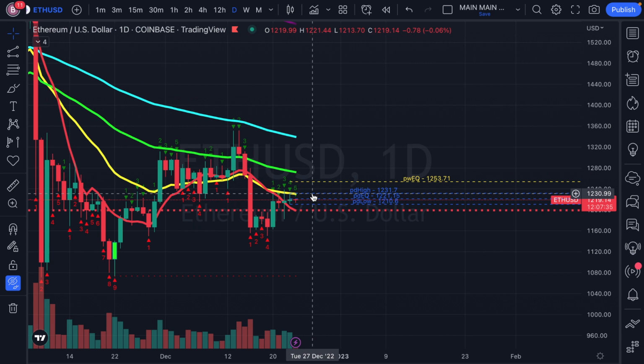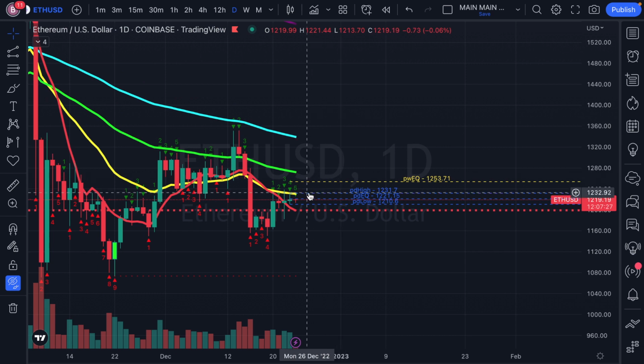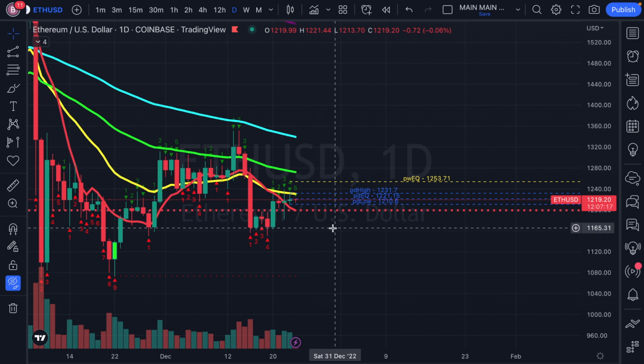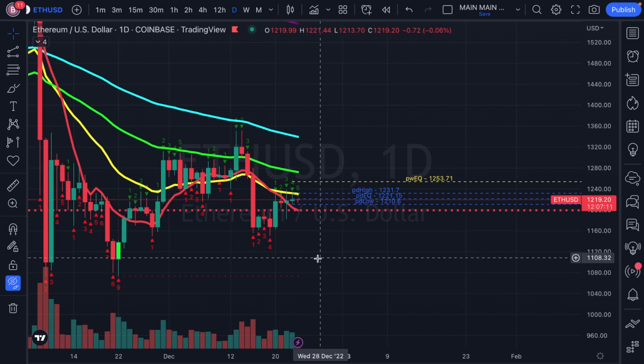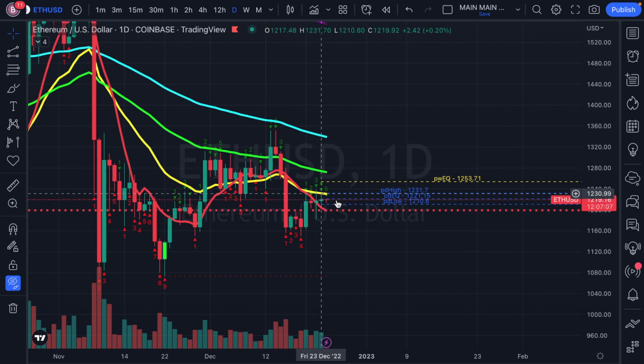If we can't close a 4-hour above 1230, which we've been saying for the last 2-3 days, we're not looking for 1250 or higher. If we close a 4-hour under 1220, we're gonna probably test into 1210 and under, such as 1200, and then after 1200, we could probably go test into 1160 to 1140. So get ready for those levels because it looks like we are looking at a potential retrace